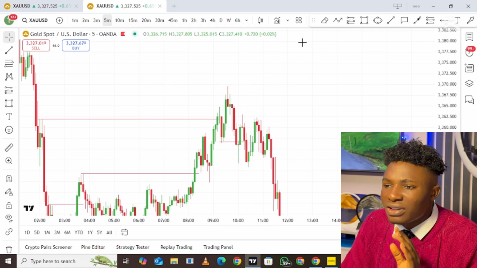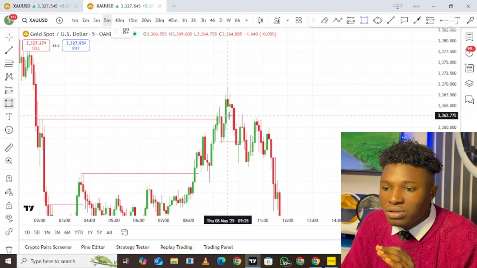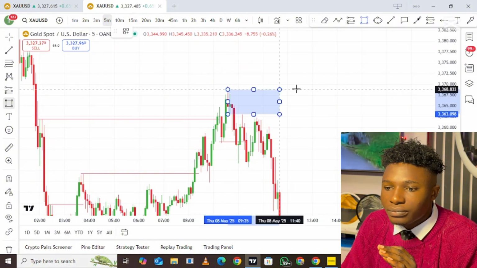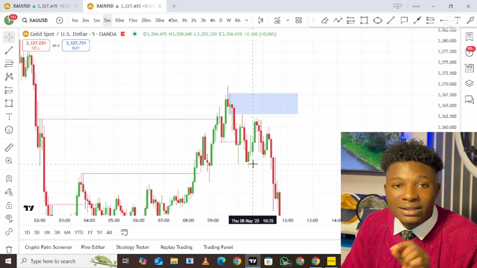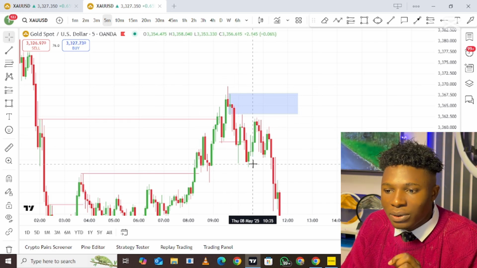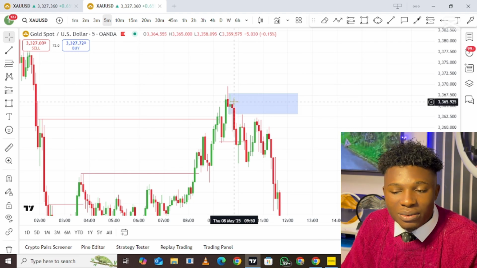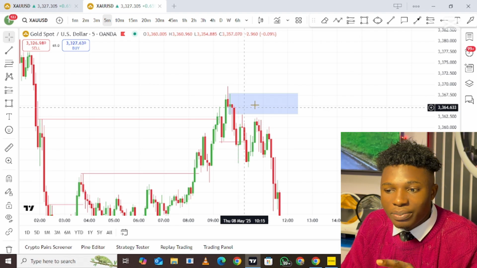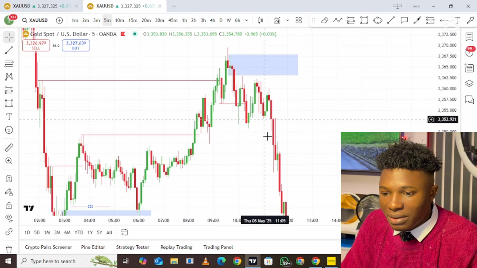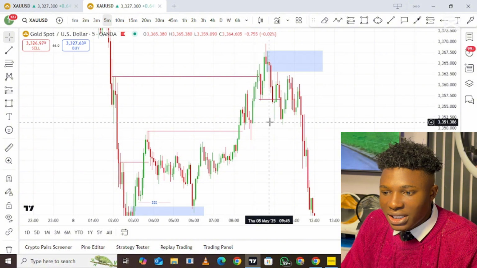And then I wanted to sell the market also right here. I wanted to make use of this particular order block, because price took out this particular low and came all the way down. Simple way on how to identify the order block: you're going to make use of this particular order block to sell the market. I set my entry right here, but price did not pick my trade, and then I made this particular bearish trade, but left the market right here for the buy trade.